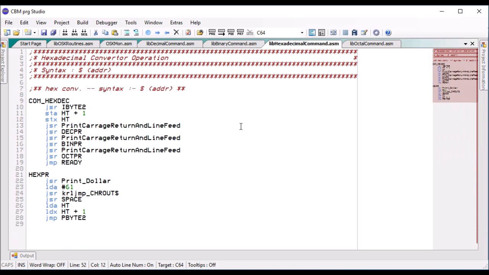So the hex is very simple because we've got the routines already, because we use them quite a lot. What we're going to do is input a 2-byte hex number, store it in HT plus 1 and HT, and then print out the decimal value, the binary value, and the octal value. Then for the print we'll use the p byte routine that we've got, because we use the hexadecimal print and input routine a lot in the machine code monitor,